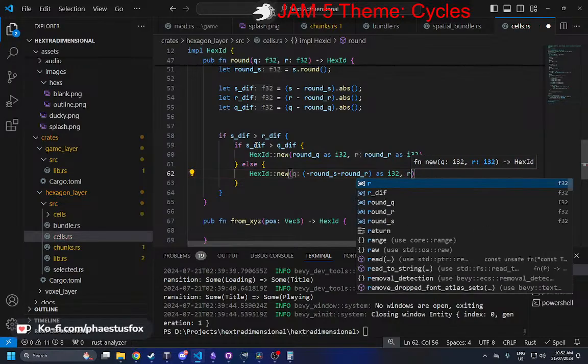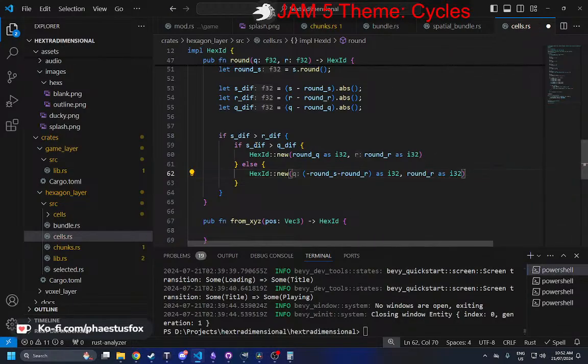And then we say round r as i32. Right, so basically if s is bigger than r, then check those two possibilities, and then else we need to check to see